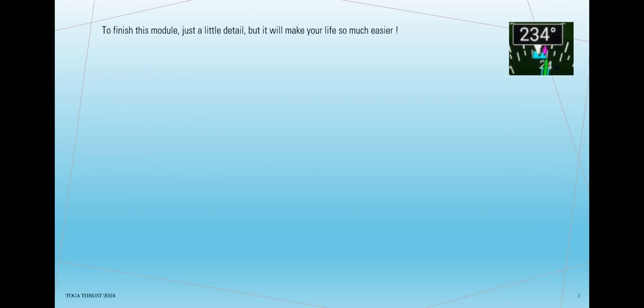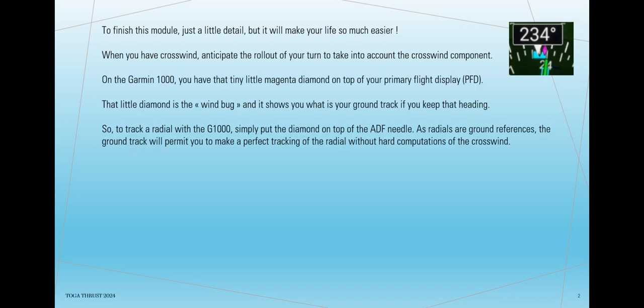To finish this module, just a little detail, but it will make your life so much easier. When you have crosswind, anticipate the rollout of your turn to take into account the crosswind component. On the Garmin 1000, you have that tiny little magenta diamond on top of your primary flight display, PFD. That little diamond is the wind bug and it shows you what is your ground track if you keep that heading. So, to track a radial with the G1000,